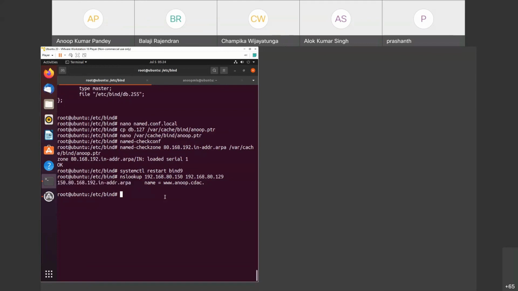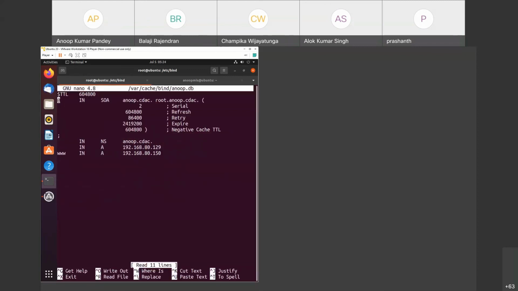Okay, MX record. So in Windows system, we have already seen the MX record, how we can add the MX record. I will just do a fast forward here. So nano /var/cache/bind/anup.db. And I will add an MX record, MX, and then the priority.